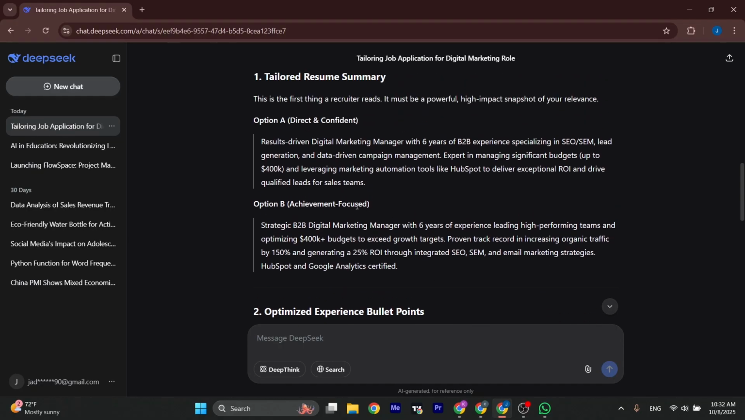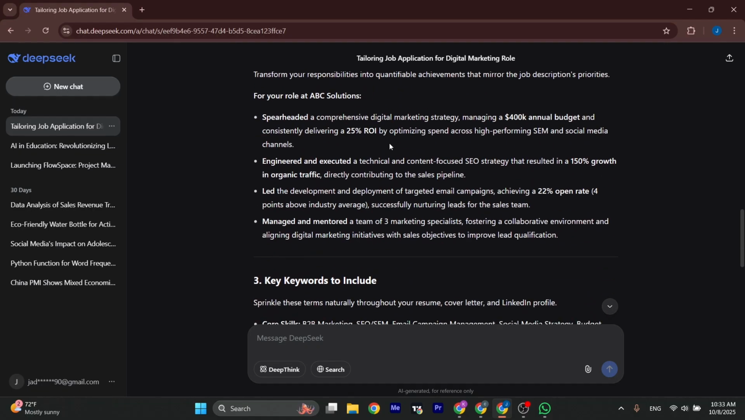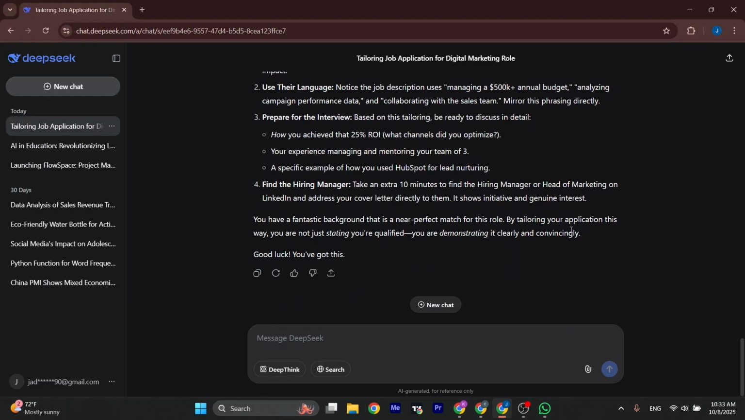Now, along with one answer, it has given me options as well so that I can select the one that I like. If you don't get options, you can ask for options in different tones that you may need. This way you can customize your resume and remove or add in some things that may be needed. As you can see, using this prompt and using DeepSeek, you can generate an entire resume and a cover